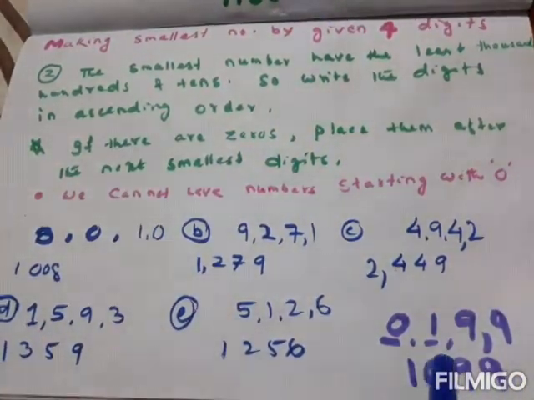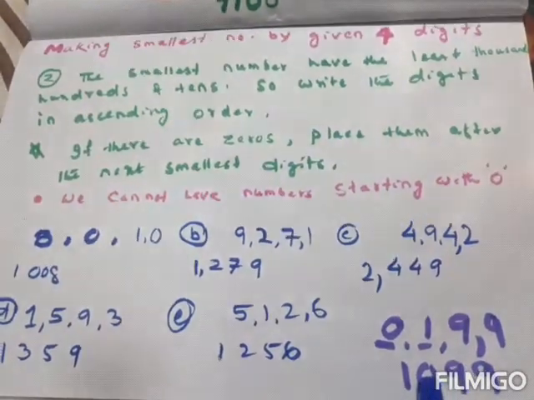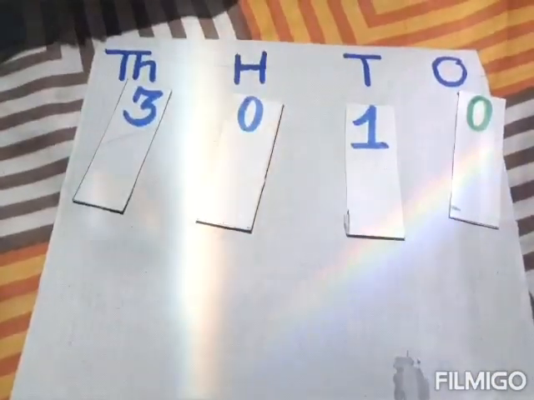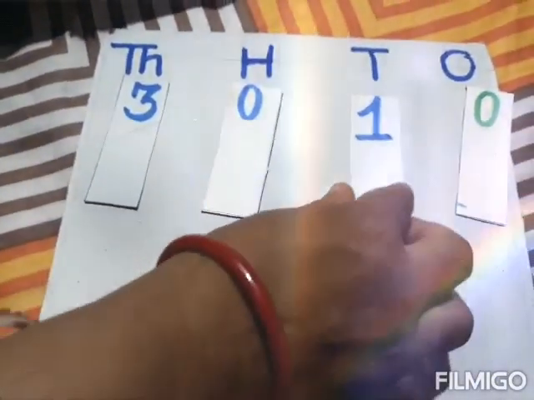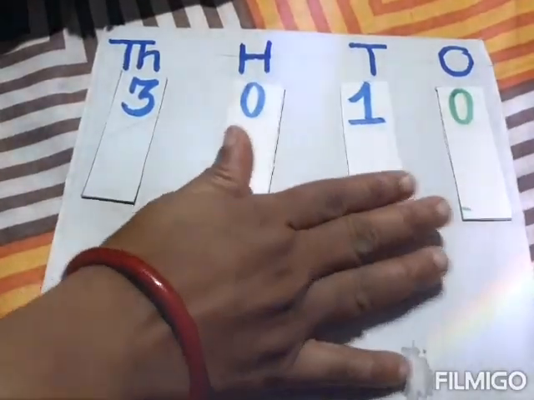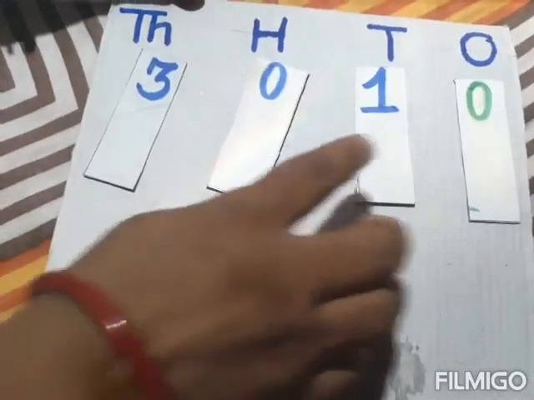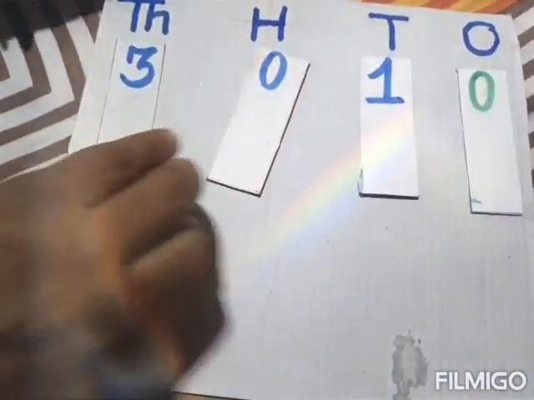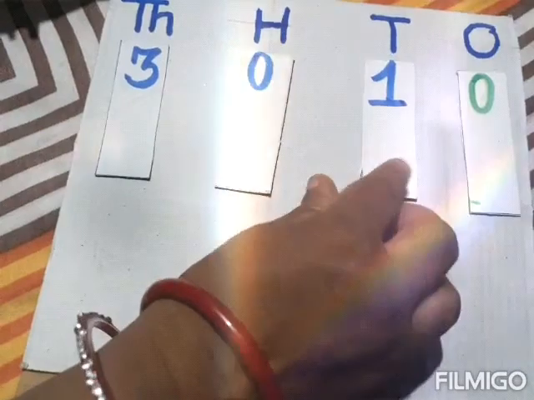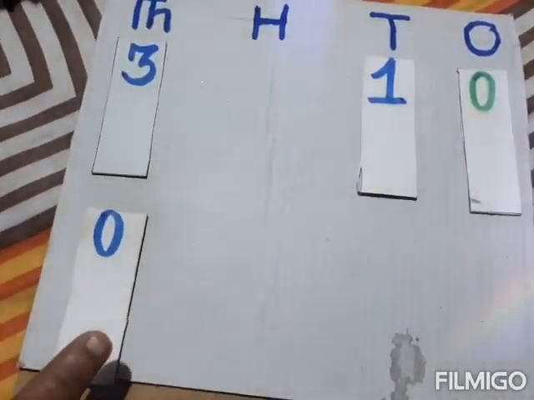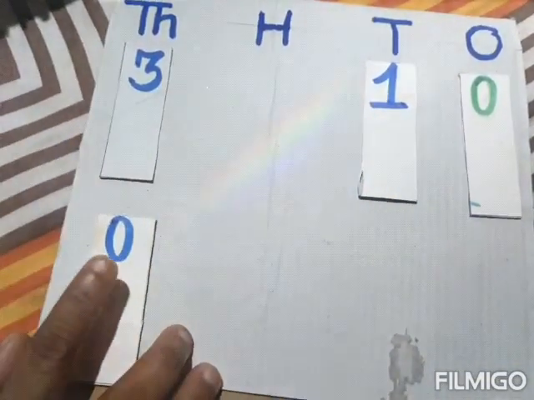So we cannot pronounce it as 0199. We should pronounce it 1099. To know better, I am giving you this example with the TLM. Okay, here children, the number given is 3010. As per our rule, which one is the smallest one? Yes children, 0 is the smallest one, but we cannot put 0 in the place of 1000. If we put 0 in the 1000s place, 0 has no value on the left side. So we cannot put this 0 here.